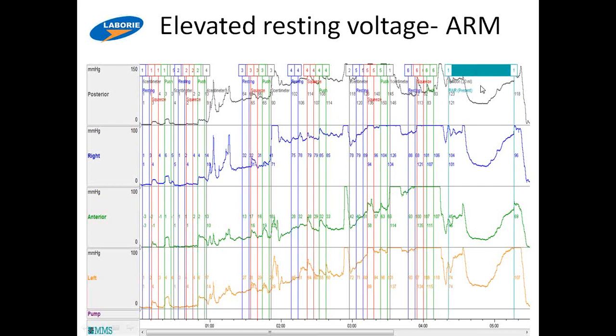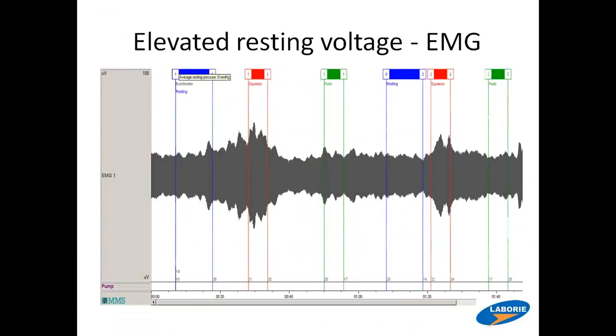So it made me wonder if there's something neurological going on there. Sensation was decent, although her compliance was low. Her maximum tolerated volume was only 80 cc's. All right. Here's her EMG, which you already saw because I slipped. It's remarkable for one of the highest resting pressures I've seen, a resting voltage of 20 microvolts. I tried a lot of different ways to get this lady to relax, recheck the leads, thought there was something